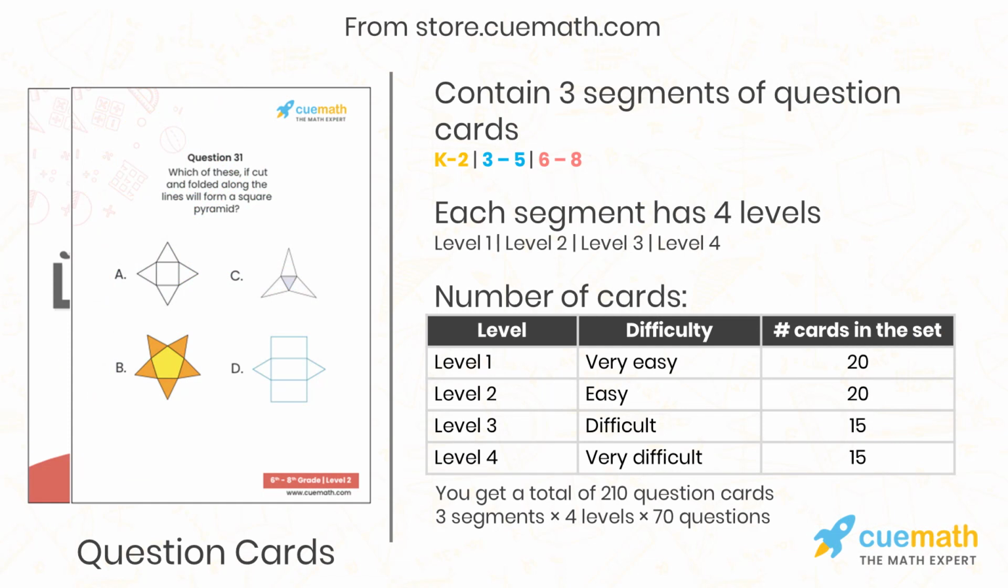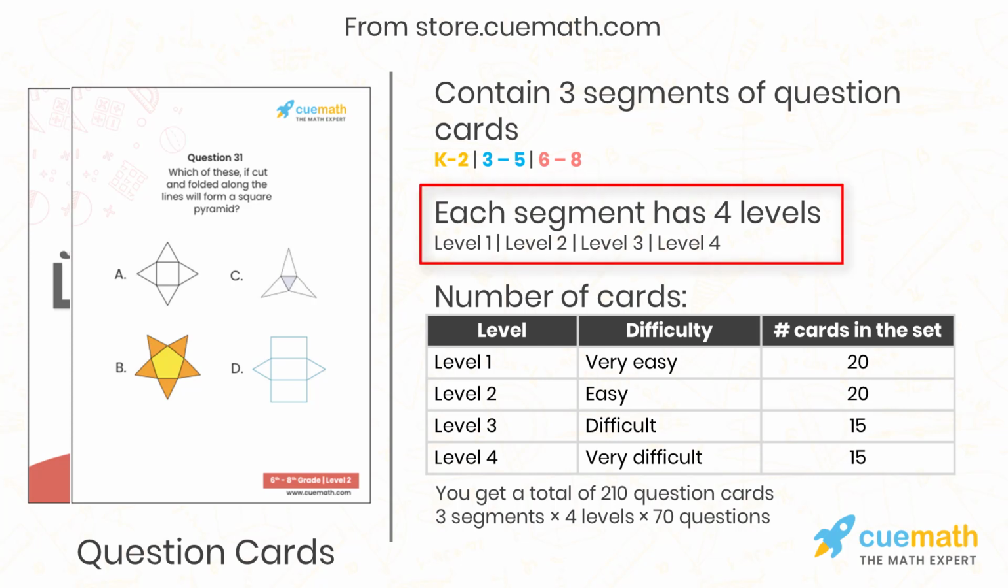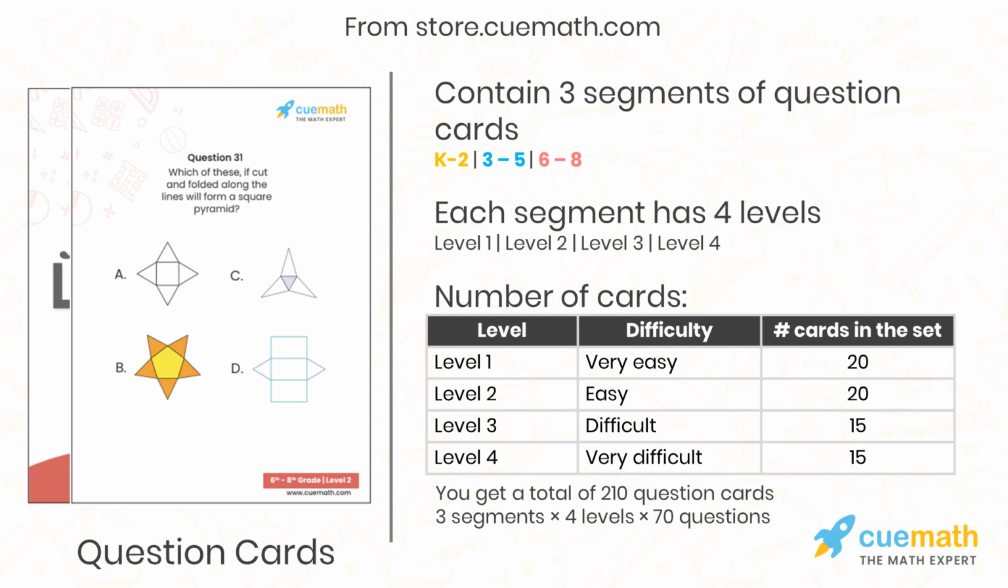The question cards are divided into 3 segments: K to 2, 3 to 5 and 6 to 8. Each segment has 70 question cards divided into 4 levels, level 1 to level 4, level 1 being the easiest and level 4 being the most difficult. The cards are color-coded based on segments and the question level is written down at the bottom of the card. You can see this information on both front and back sides of the card. If you're getting any grade 8 leads through the event, you can refer them for our LEAP program and earn